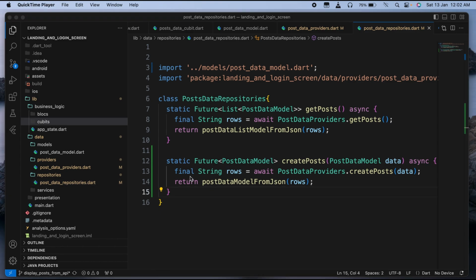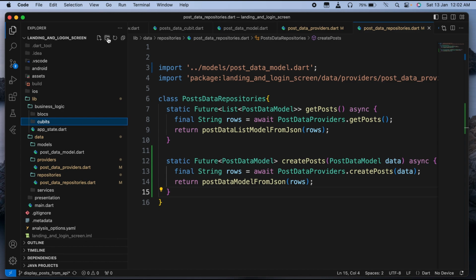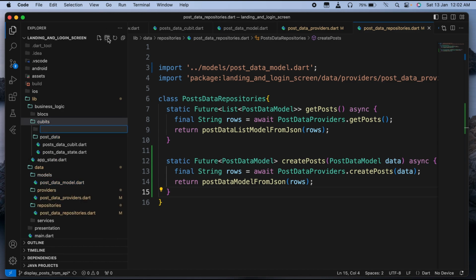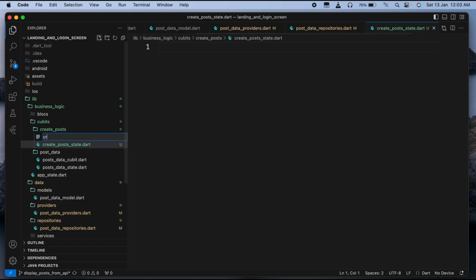Let's now create the cubit of the creation of the post. So the way we're going to do that is actually simple. We're going to open up again this cubit folder, and here we're going to need another folder that we're going to call create posts, like this. And inside of this folder we're going to need two files. The first one will be create posts